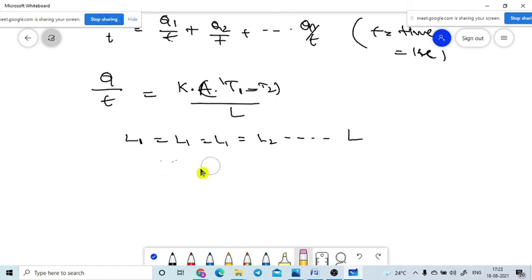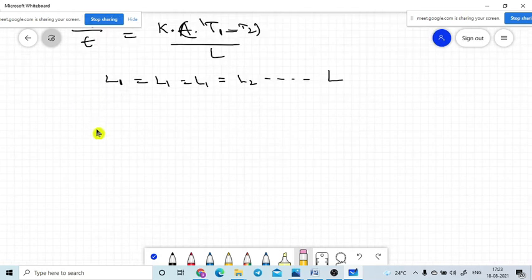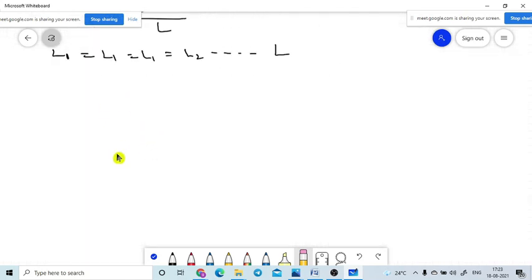The board is not working properly. Let me do it very slowly. The response is very slow, so it may take a huge amount of time because there is too much data. So I am taking the area as different for each conducting material. Let me do this. Within 10 minutes I will close this. Please wait. Yes, it's working. So A1 is not equal to A2, not equal to A3, and so on, up to An.